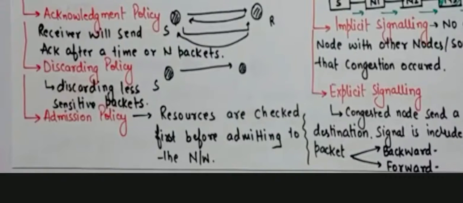They self-check the resources through the admission policy. If the resources are not available or not suited to the information packet transmission over the network, then they discard the information right there. So this is one of the preventive measures